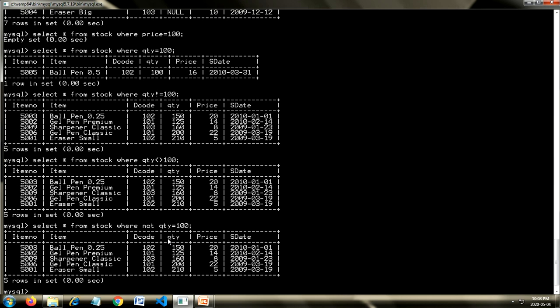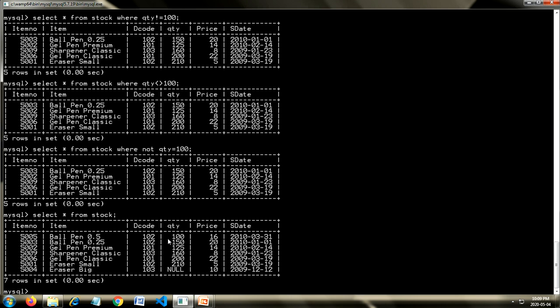Second, we have the AND operator. Now for example, in my table I have, let us show you all the records. Now I want to see the record where quantity is greater than 150 and less than 200, including both values.